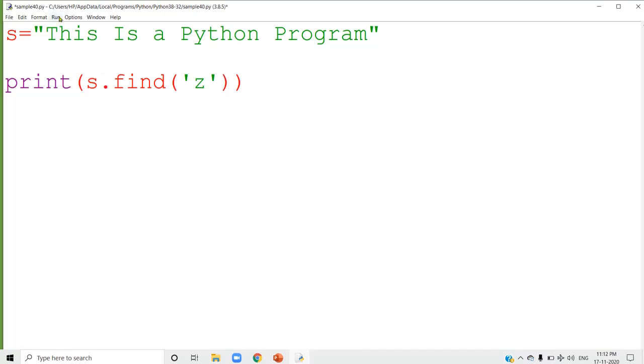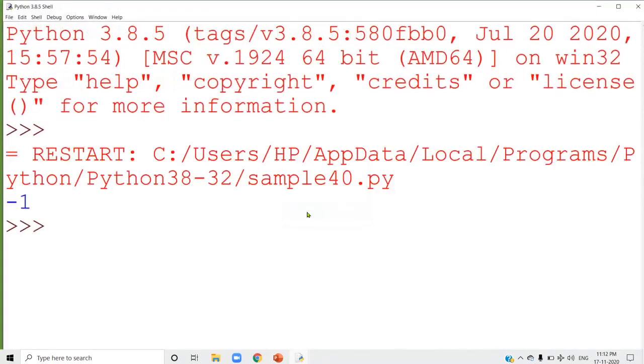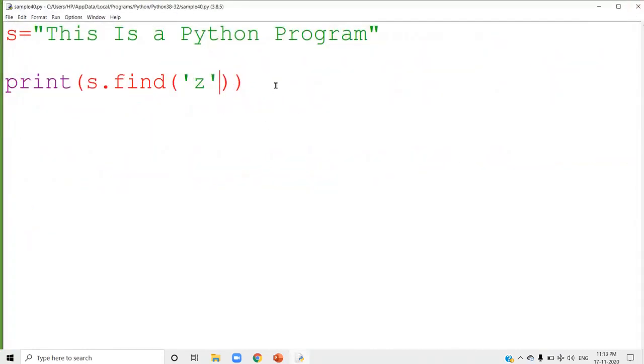Now, I'll run this program and you can see the answer here. See, it is returning the value -1. That means Z is not present in the string S. Now, here you can check that value also. See that I can check it like this. Instead of writing this print statement,